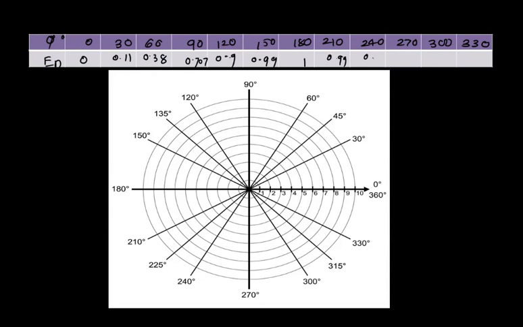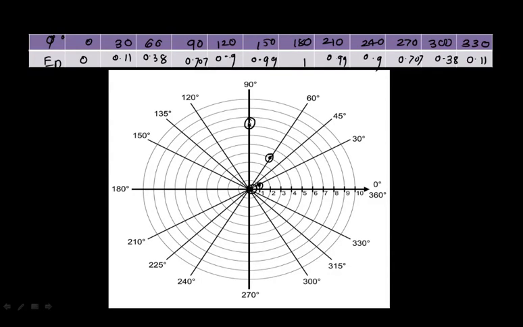240 के लिए आपको 0.9 मिलेगा. 270 के लिए you'll get 0.7. You'll see the repetition in the readings. ठीक है? And here you'll get 0.38. So if I draw this pattern, I can say for 0 I have observed 0. For 30 I have got somewhere here. For 60 I have got somewhere here. 0.38 means close to 0.4. And for 90 I have got 0.7, so somewhere here.